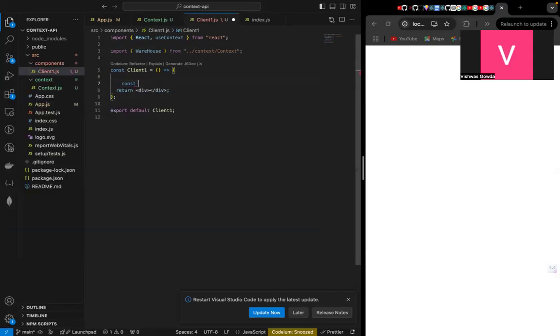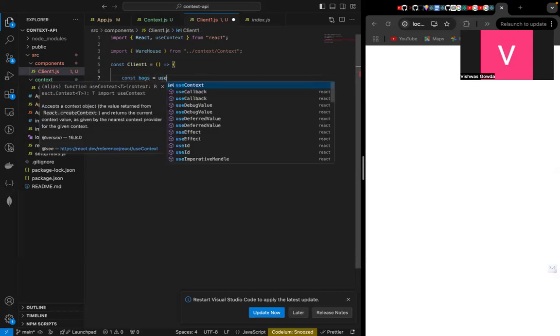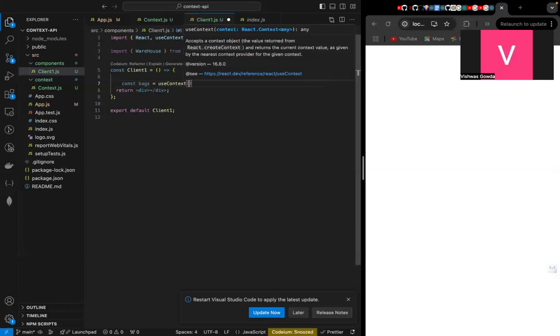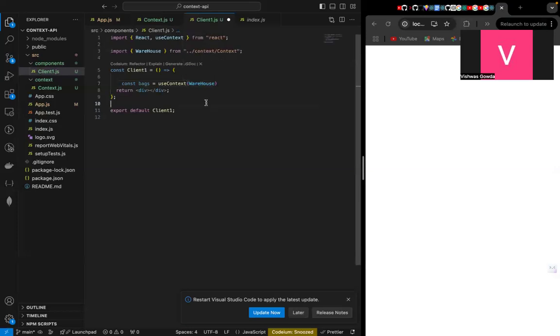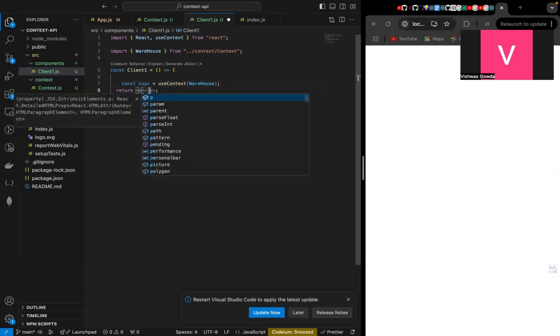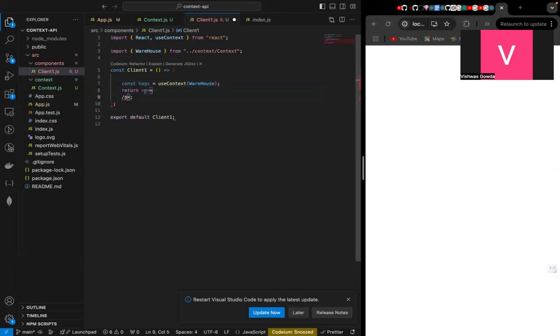Const bag from useContext. Inside that we provide the warehouse. Use context, and inside that we will provide it as warehouse. So instead of this, what we will do is add